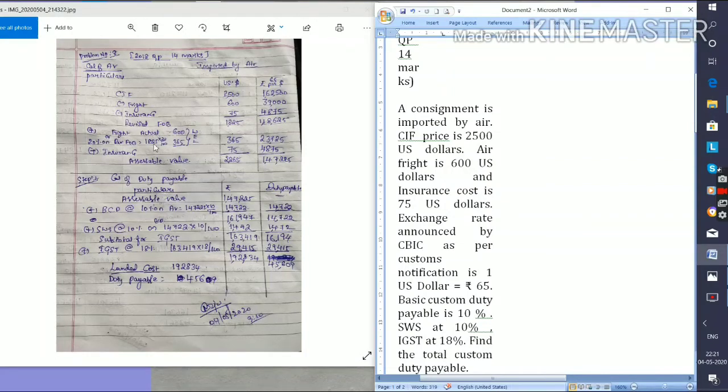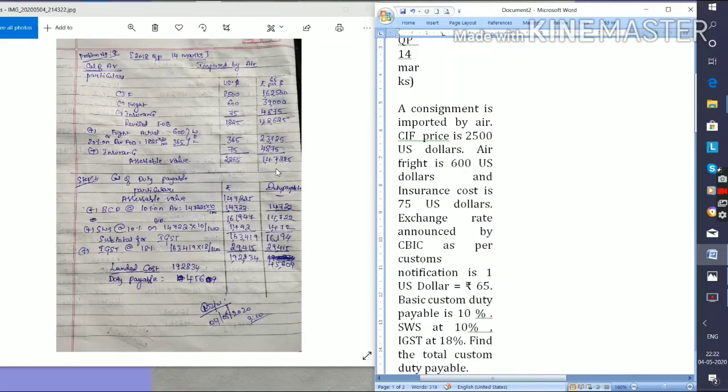Add to this the freight. How to calculate the freight amount? That is the actual amount given in the problem, $600, or 20% on revised FOB: 1825 into 20% is 365. Whichever is less can be taken as freight. 365 is the lesser amount, so take that as freight. When 365 is converted to Indian rupees, that is 23,725. Next, add to this insurance 75 US dollars, which in Indian rupees is 4,875. Finally, the assessable value will be 2,265 dollars,